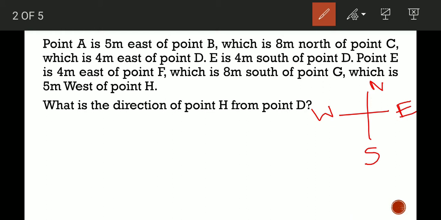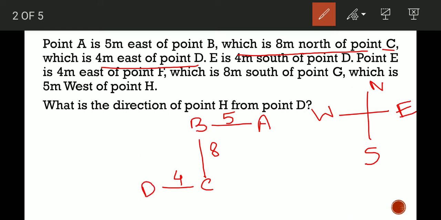It is given that point A is 5 meter east of point B. So if this is point B, 5 meter east of this is A, which is 8 meter north of point C, which means B is 8 meter north of point C. Now C is 4 meter east of point D. Now next it is given E is 4 meters south of point D. Therefore E is this point, and its distance is 4 meter,